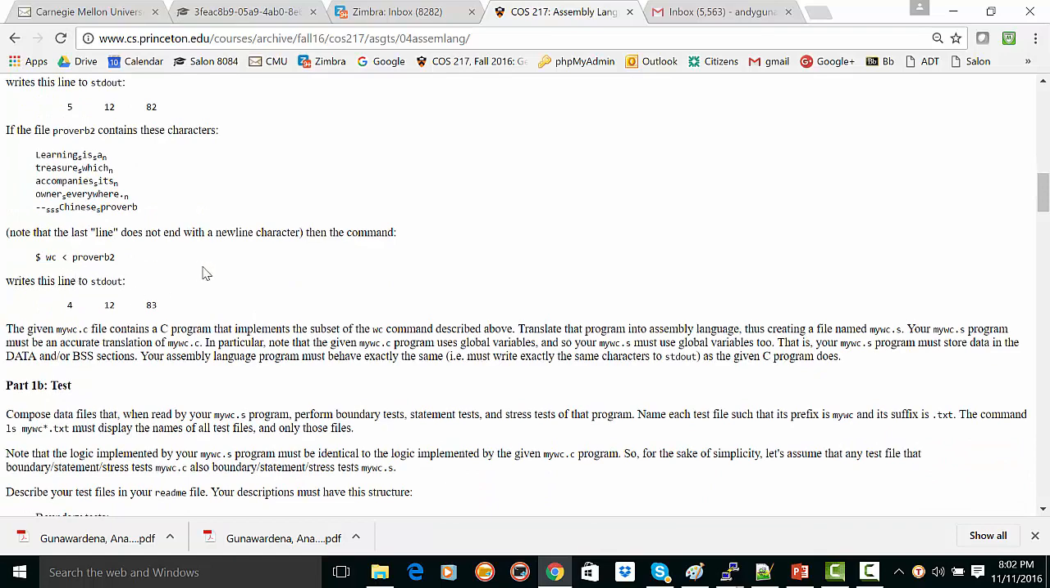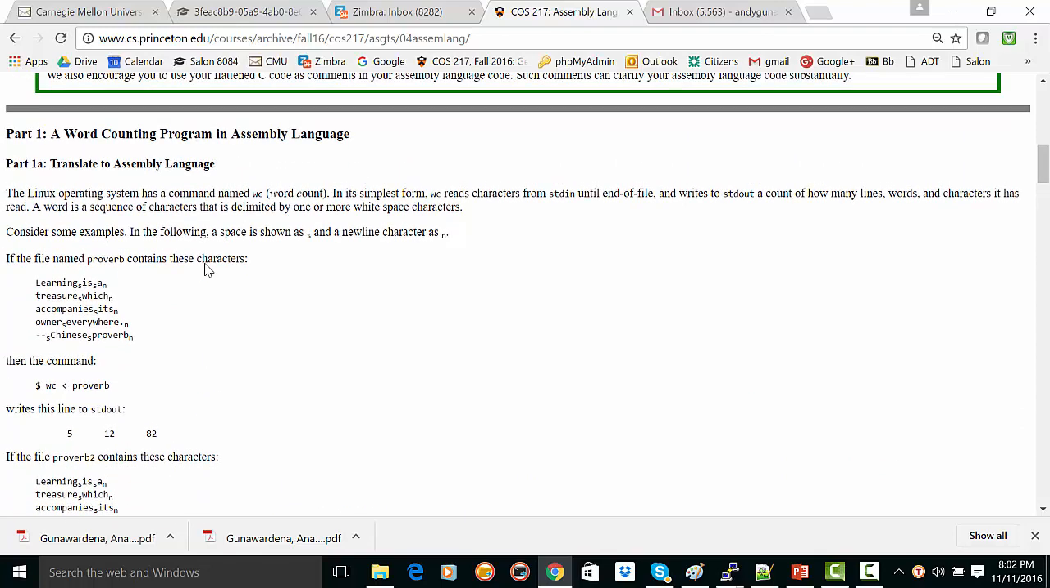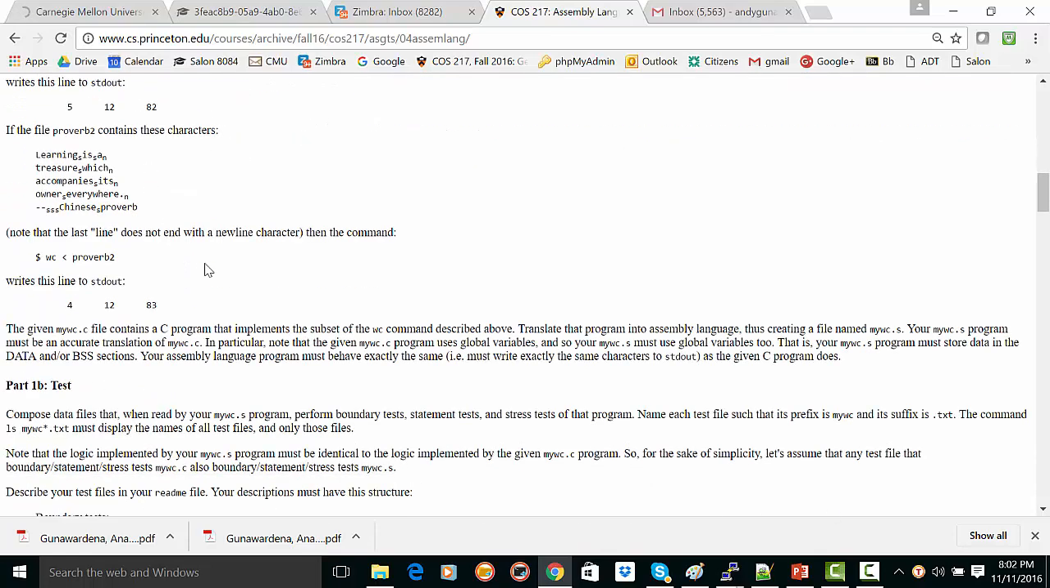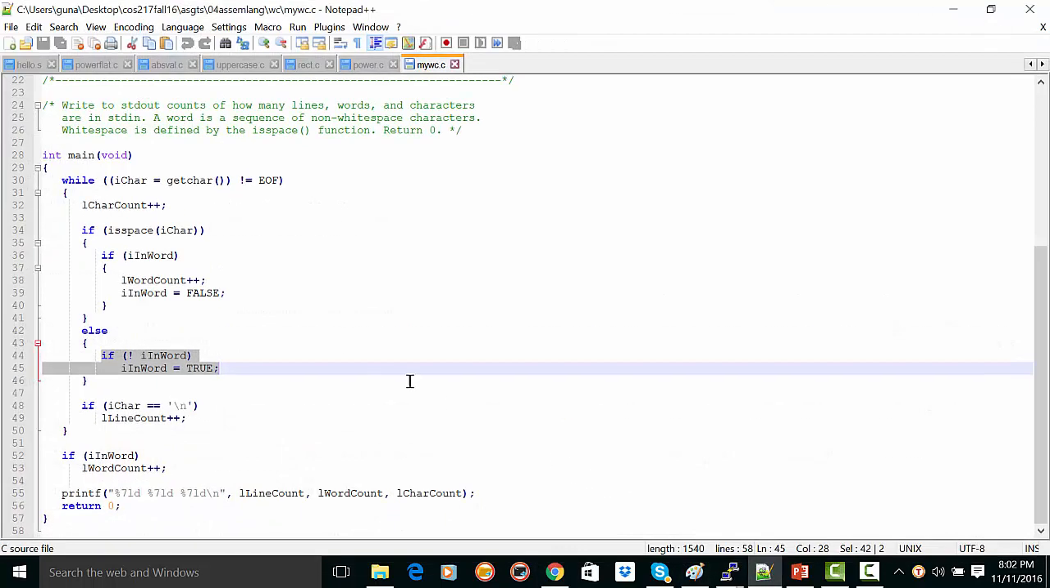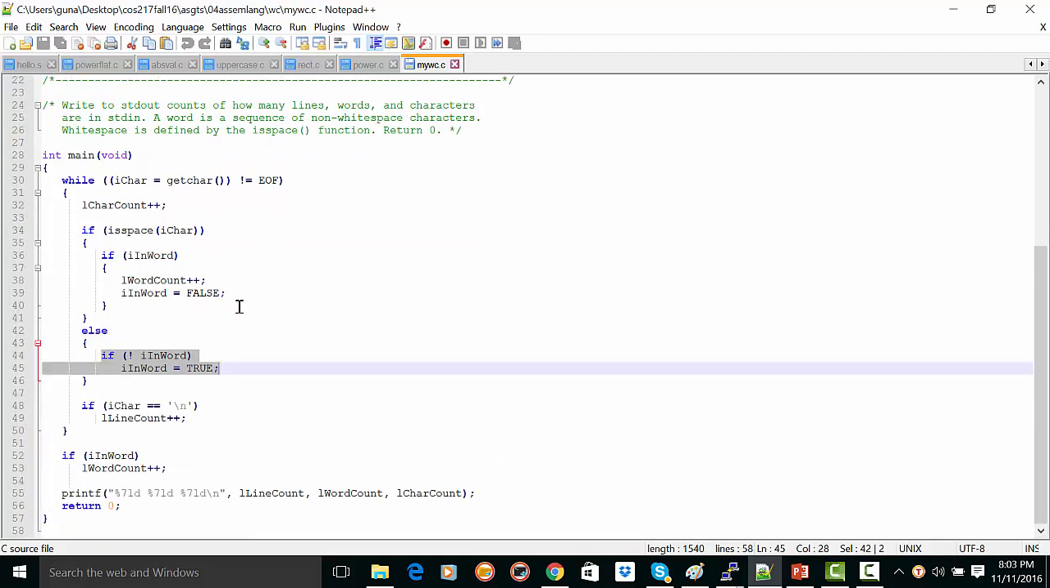So try to understand this. This is very similar to the Unix wc command. Basically what you need to do is convert a program that's given to you. The program is called mywc.c. So that's what you have. This is what mywc.c looks like. Got some includes, some enums, some static things, some of them initialized. And then you got a bunch of while loops and if statements and increments and all that, and printf